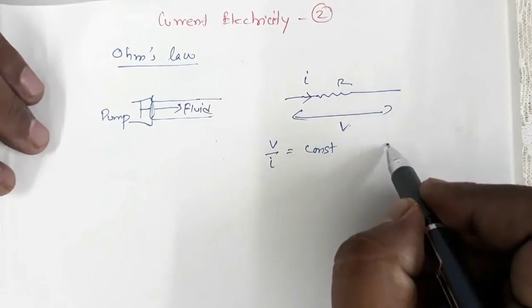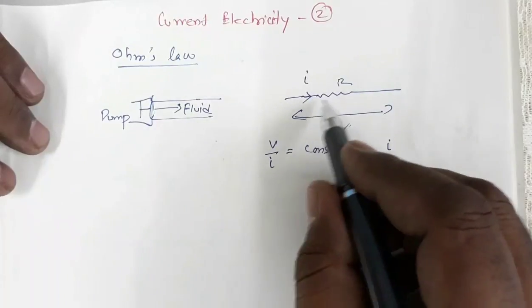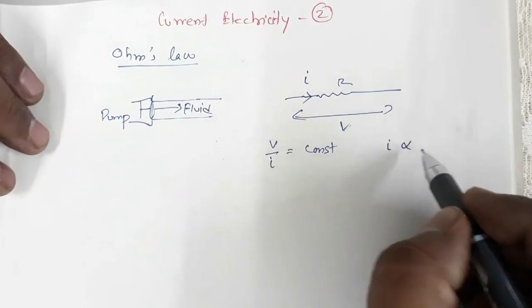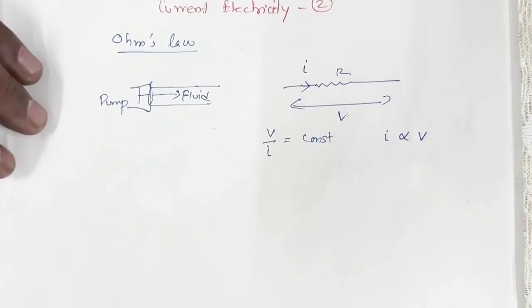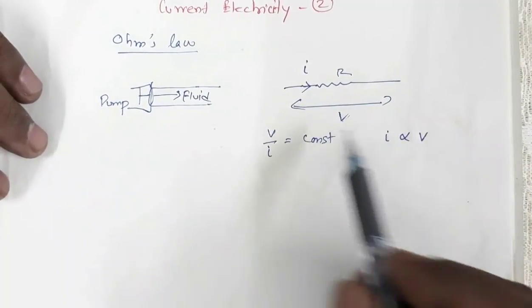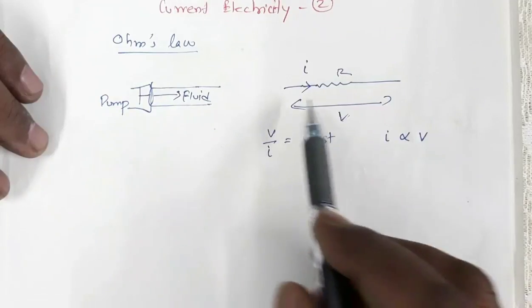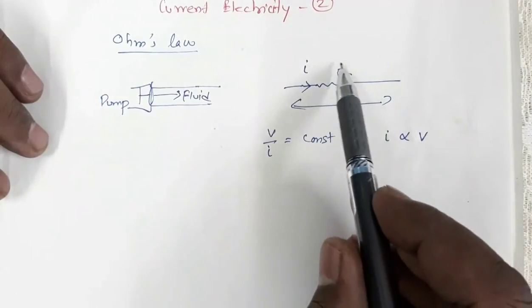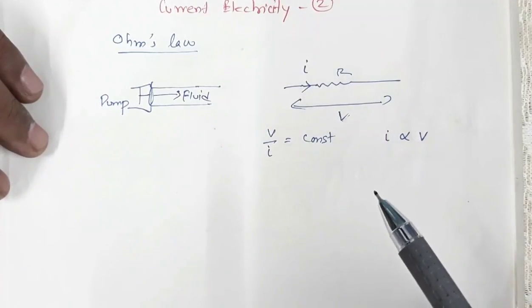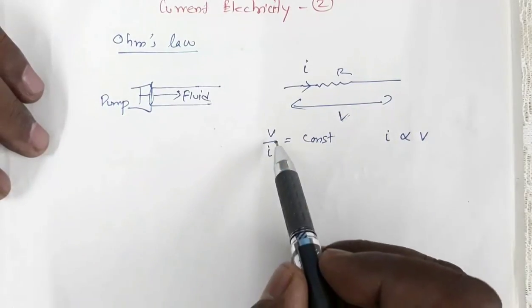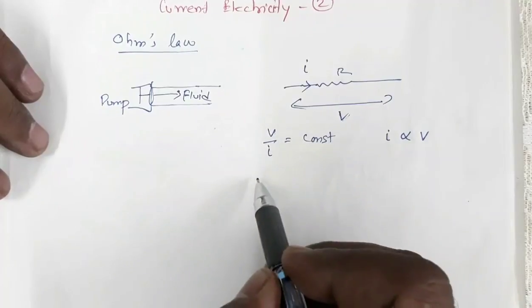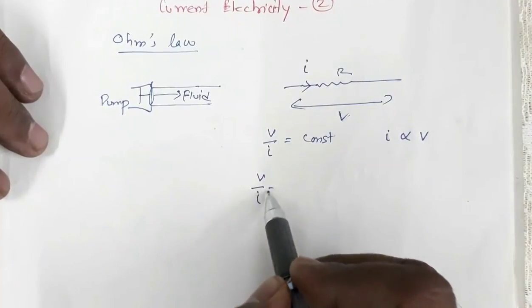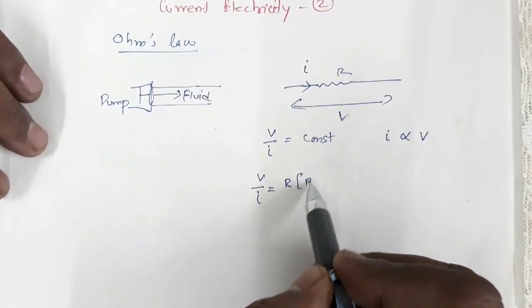The other way is the strength of current flowing through this conductor is proportional to the potential difference. Greater the potential difference, greater is the strength of current flowing through this conductor, okay. Now this R is the resistance of this conductor, okay. Now so if V by I is a constant, now what is this constant? This constant is called resistance. R is the